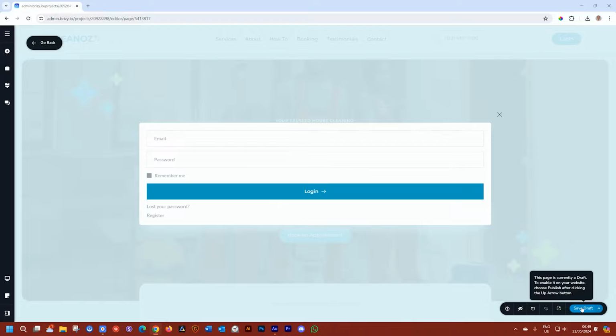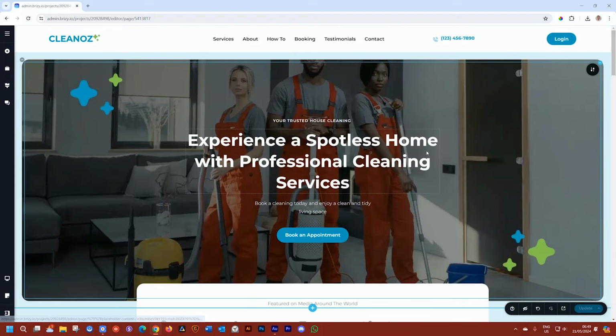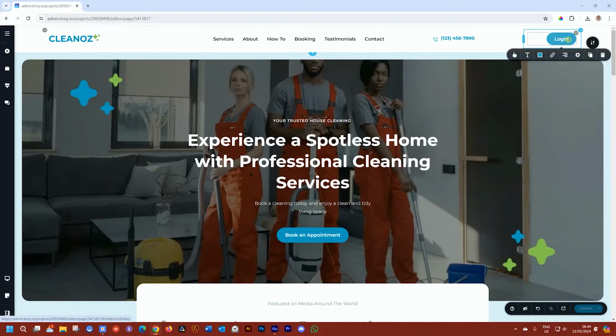Go to the bottom. It's currently set to save draft. I want to publish this page so we can work with it. And then I'll click on go back. Now we have this. Well, let's go to the button and say login/register. Brilliant. Save it, update, preview it, select preview,